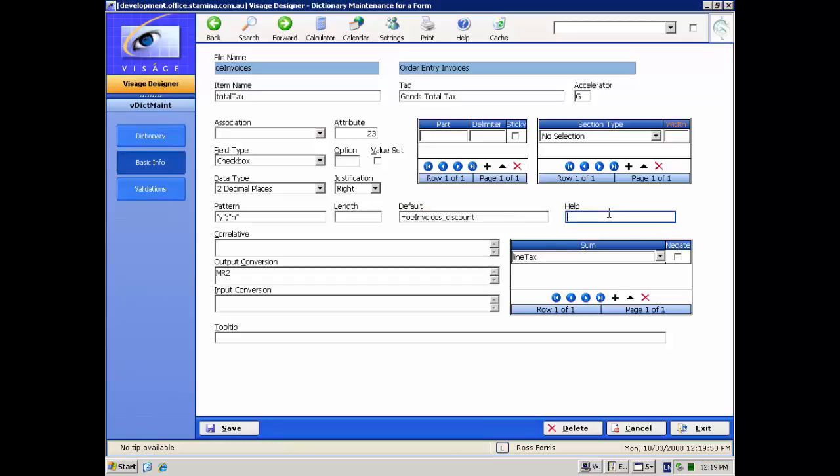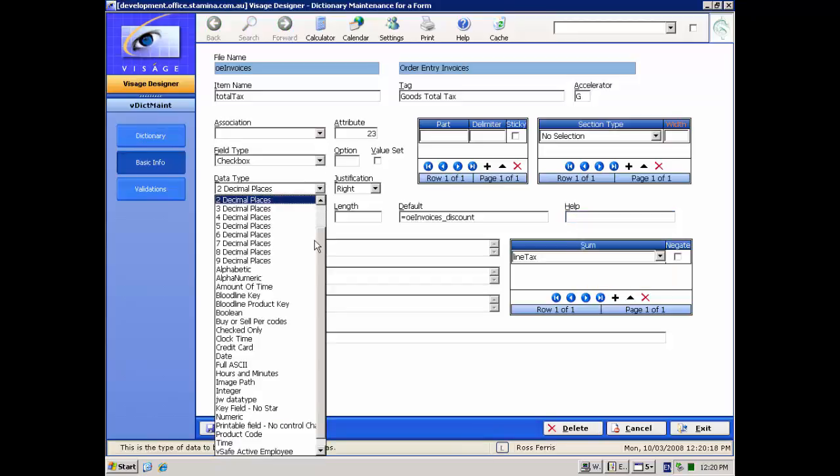Help. The help button. Right, if you want to have context-sensitive help associated with this field, whenever you drop this field on a program anywhere, this is simply the file that has that help in it. You go and maintain it by either going out and remembering the name and so forth, or just right-click and go to maintain. Before I go to maintain, I'm going to talk about one of the field types that we had up here,